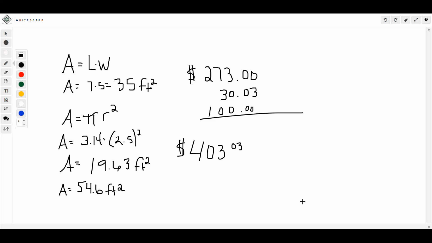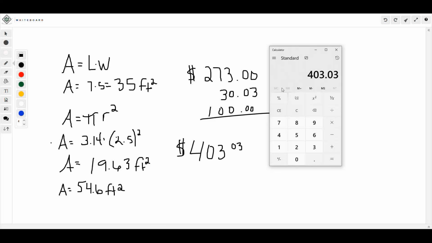We did the area. Half. Oh, I know what we did. I know what we did. I hope you caught this before me. Right here where we did the area of our circle, this is the area of the complete circle. We just need half of that. Dun, dun, dun. Found our error,